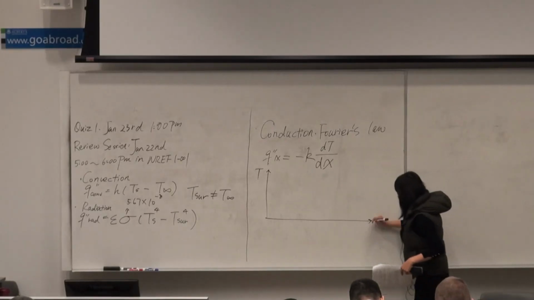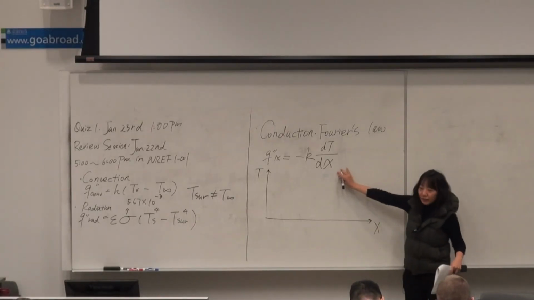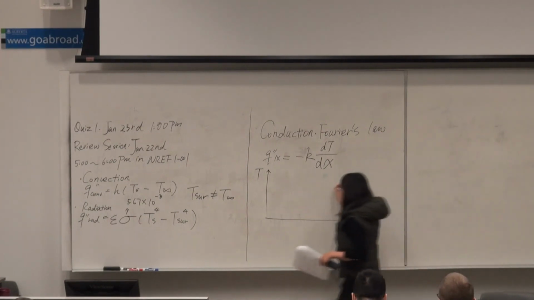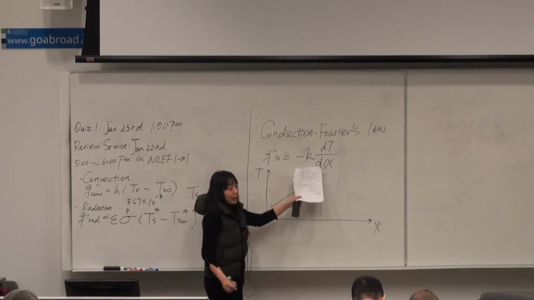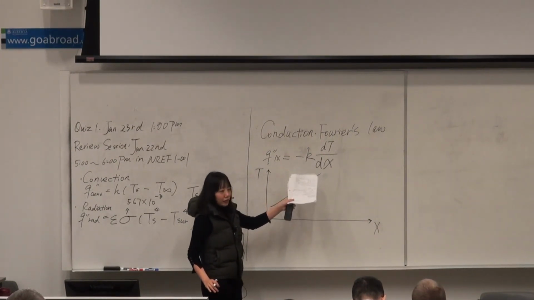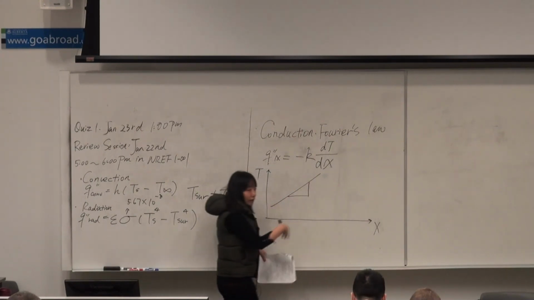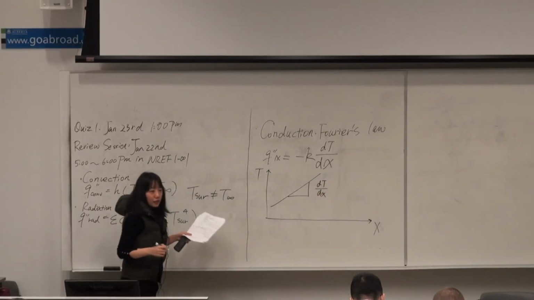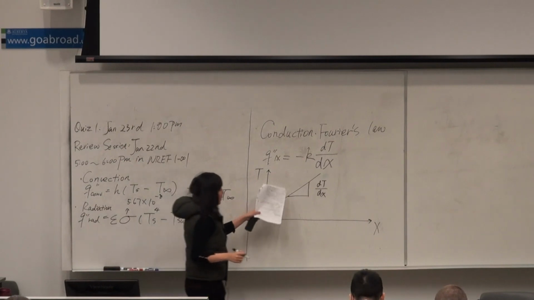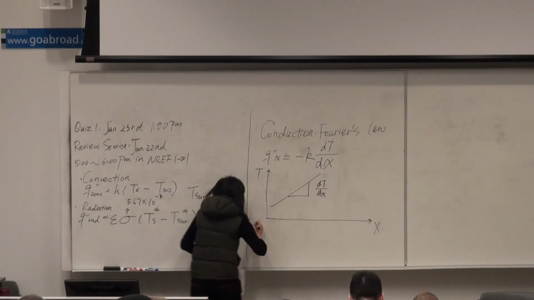Let's assume heat flows in the X direction only, and the gradient of the temperature with respect to X is the slope of the temperature profile. We assume it is a linear relationship, which means the slope is a constant, and